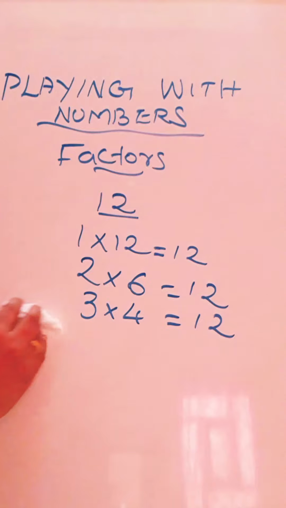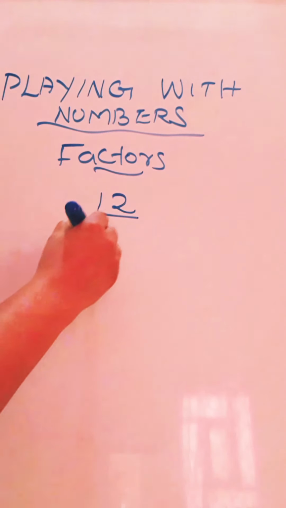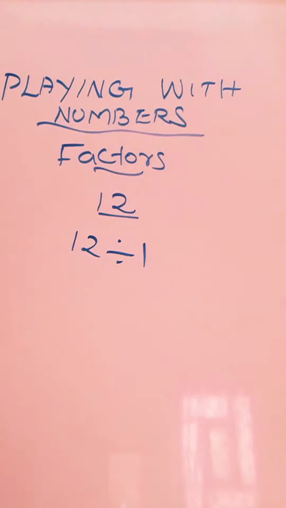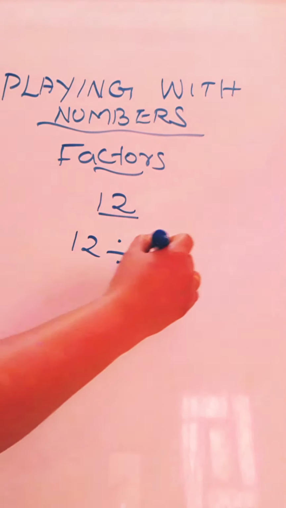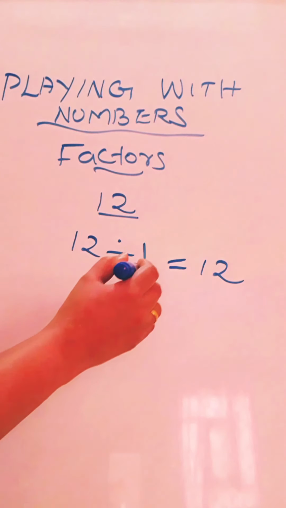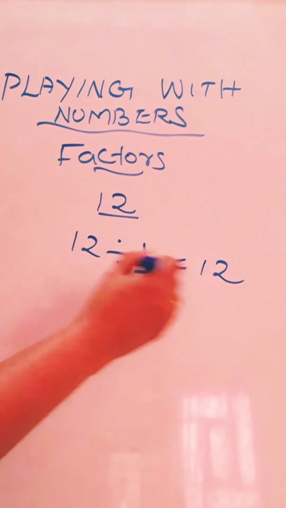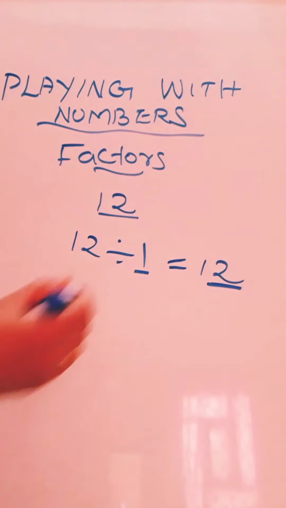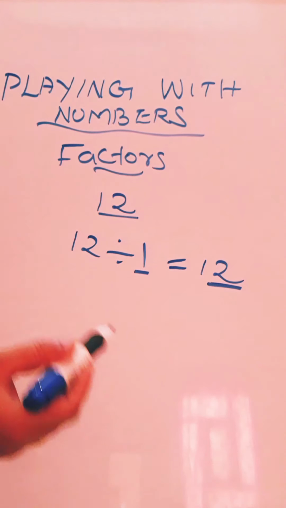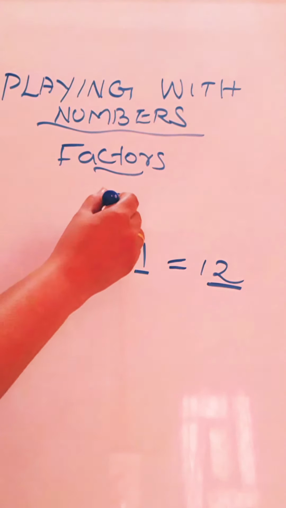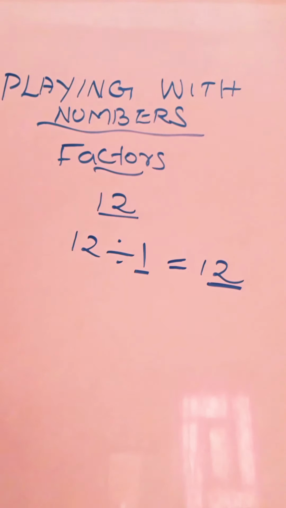Now, by using division, how can we find them? This is just a revision of what you have learned in smaller classes. By division, first I will do 12 divided by 1, because 1 will be there in every number's table. So 12 divided by 1 is equal to 12. Here the factors are 1 and 12. Earlier we did 1 into 12, and 1 and 12 were factors. By the division method, this 12 should appear first.